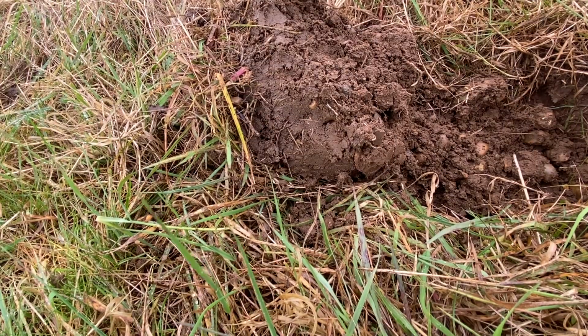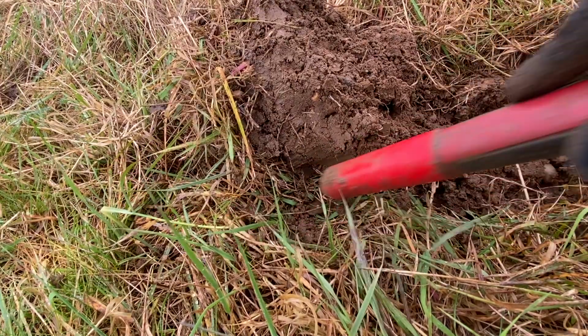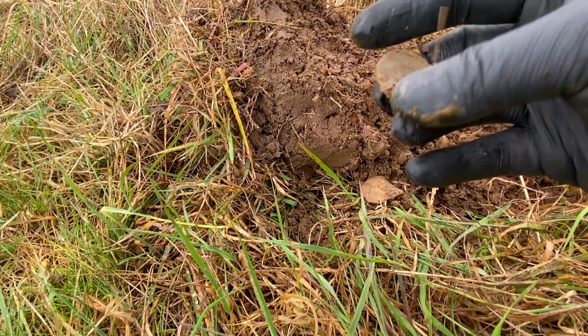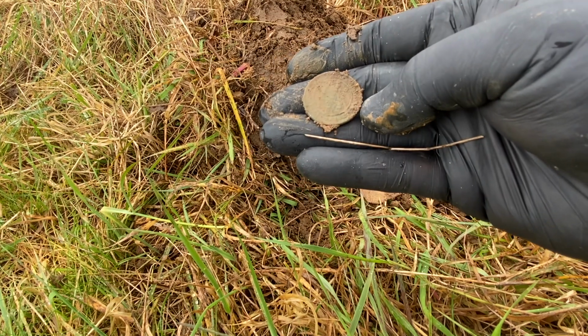Well, I don't think you'll be able to see that, but just in there, just falling out of that clod, if I move that, we look like we might have a coin, which will be fantastic. Let's have a look. Yeah, lovely. Oh, it's an interesting coin. It's got a circle. It's got a...